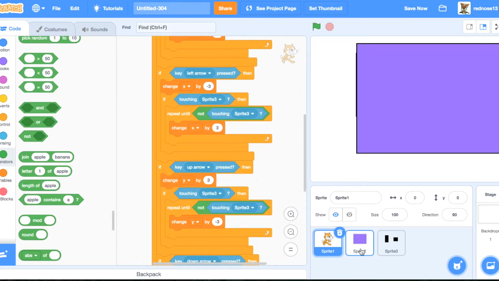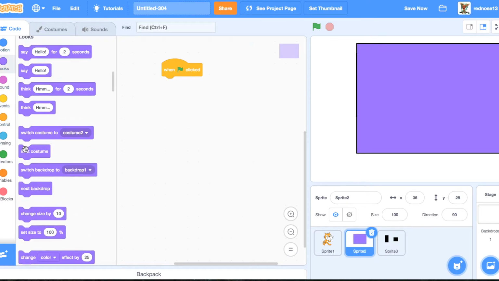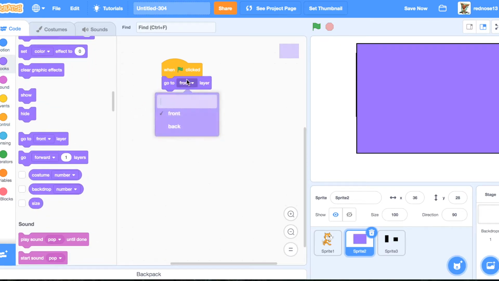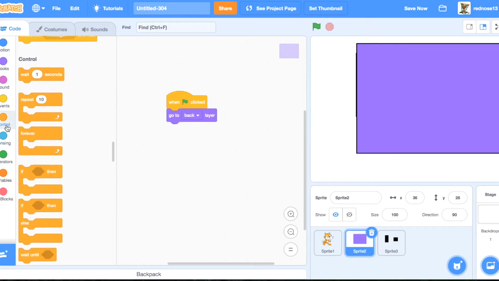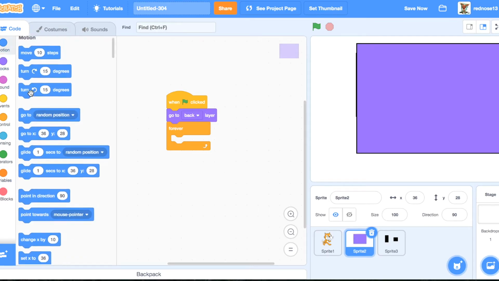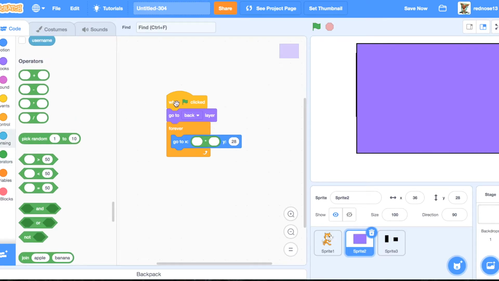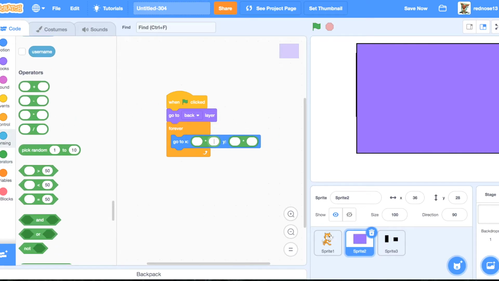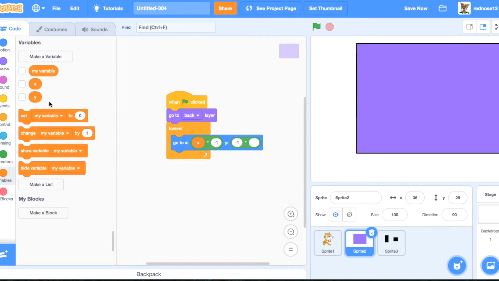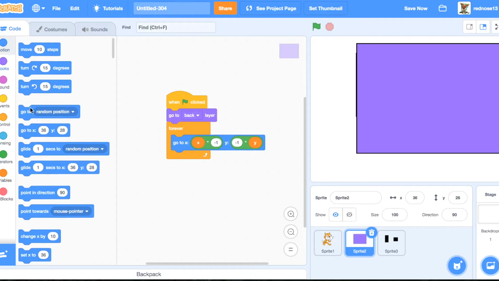Now, in the sprite 2, when green flag clicked, go to back layer, because this is the back. Go to back layer, forever, go to, and then add 2 minuses on each side of this, and then -1 on one side of each. Go to X -1 and Y -1. But first, we'll need to get the size hack. So, it'll need to go to 0, 0,